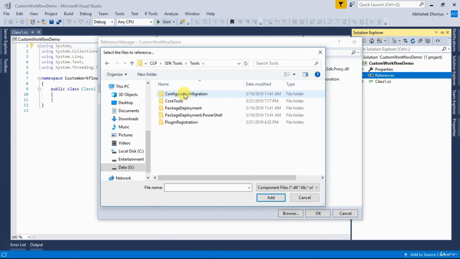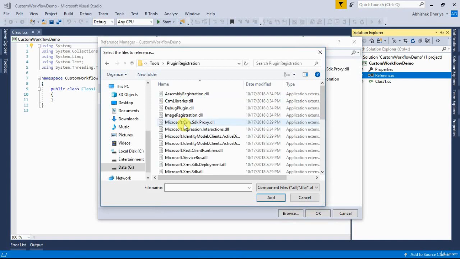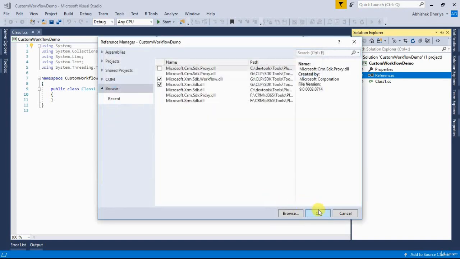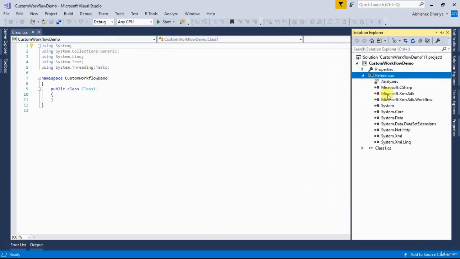Within that folder you will have Tools, and within that the PluginRegistration folder, where you will have microsoft.xrm.sdk.dll and microsoft.xrm.sdk.workflow.dll. You have to add these two assembly references in your project. After selecting both of them, the moment you click Add and click OK here, you will see those two DLLs added in the references section.